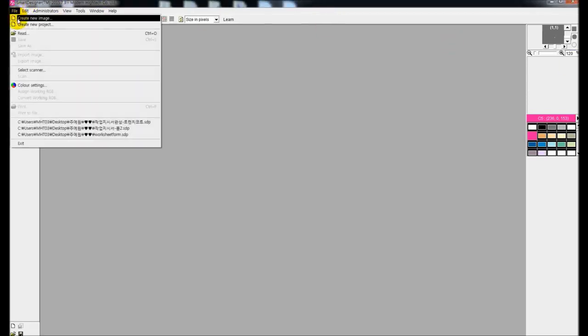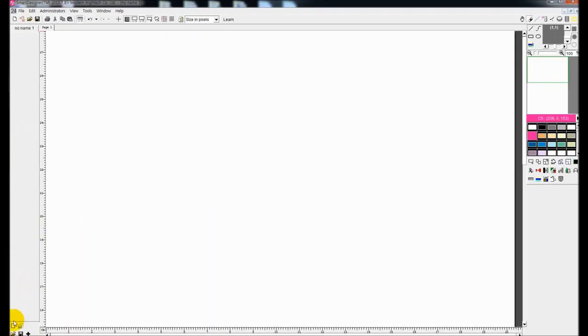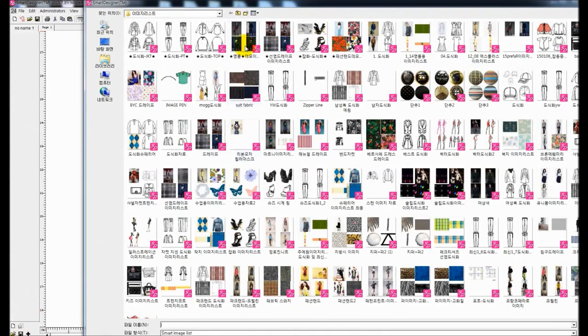Hi, this video clip shows you how to create patterns easily and conveniently with SmartDesigner. First, go on to File and create new image. Select General Image among 4 types of mod and be sure to click on Full Colors to make your image